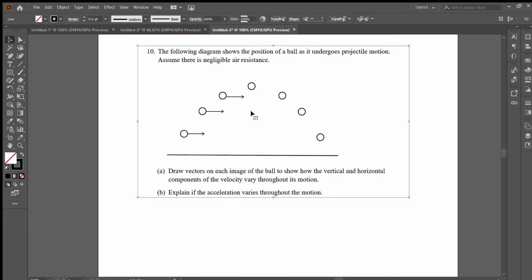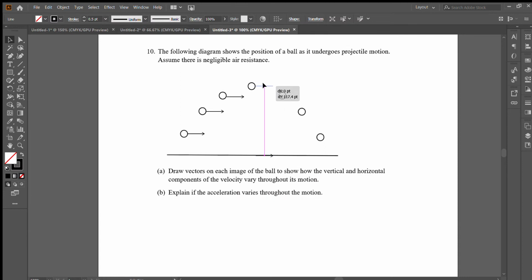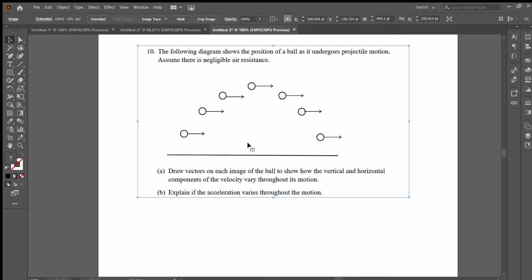One there, and we can add another one and another one until we've reached the end. And there. Now the vertical velocity will change a little bit because it starts off high, but at the top of